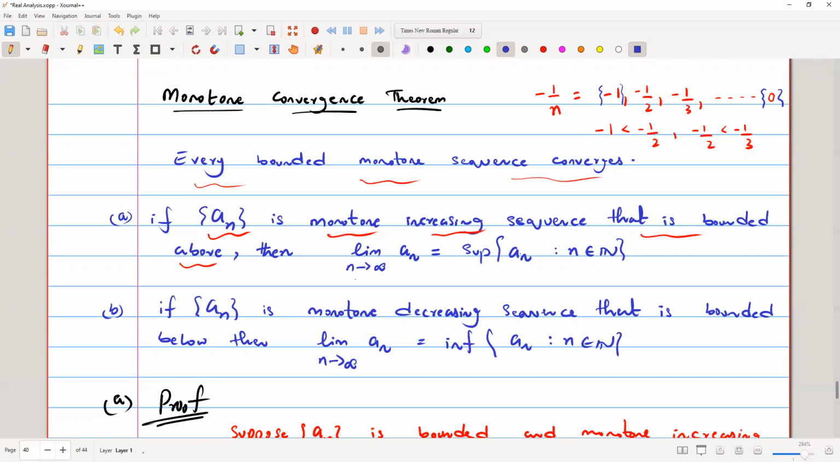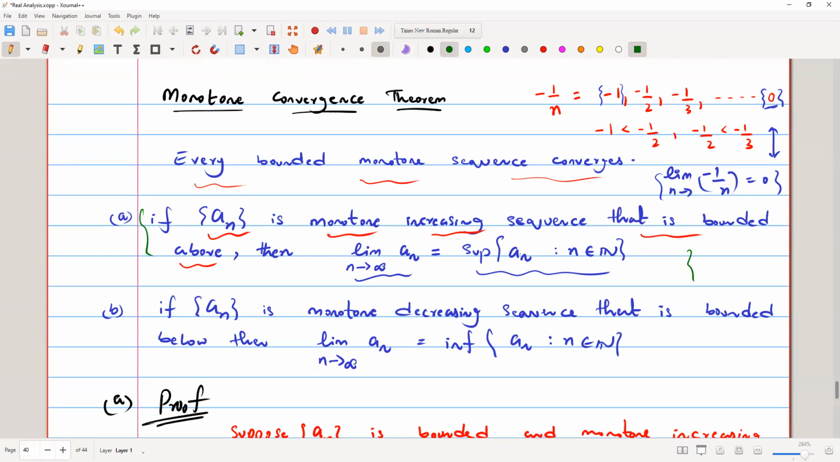Then the limit as n tends to infinity of a_n equals the supremum of a_n. So the limit is going to be equal to the supremum. In this case, first of all, the supremum is 0, you know that. And again, the limit as n tends to infinity of -1 over n is also equal to 0. So the supremum and the limit are equal. That is what this condition is saying, right? So whatever the supremum is will be the limit of the sequence if it's a monotone increasing sequence that is